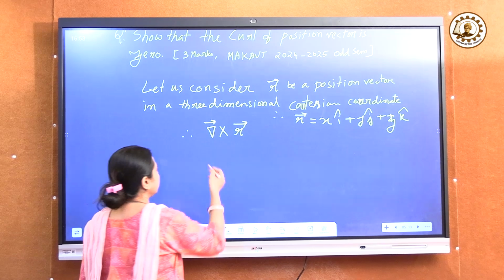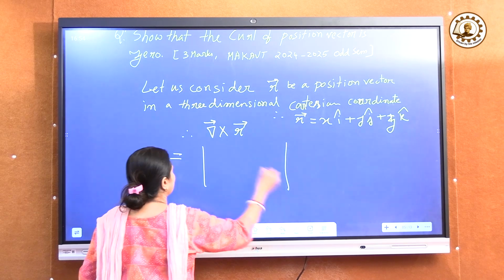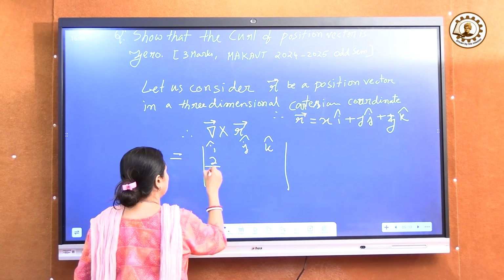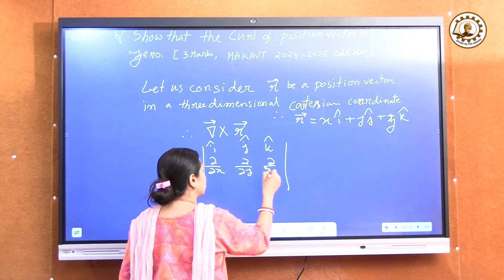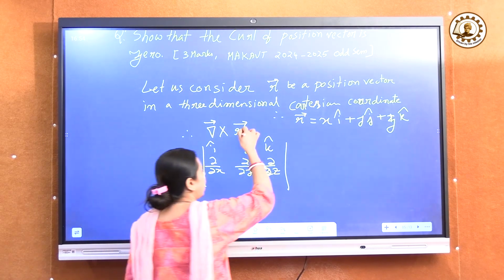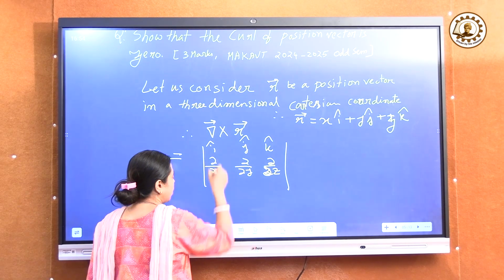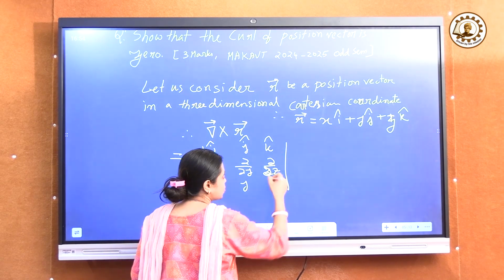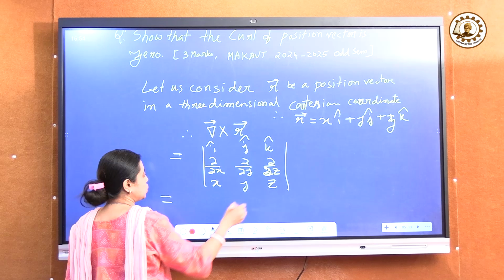So let us take the curl of it. If I write the curl, then I write it in the vector format: i cap, j cap, k cap. The curl operator is del x, del y, del z, with the components of i cap, j cap, k cap I have written here. Then the position vector's components I will write in columns. So x will come below the i cap column, y will come under the j column, and under k cap's column will come z. If I am writing in this way, I will just take the partial derivatives.